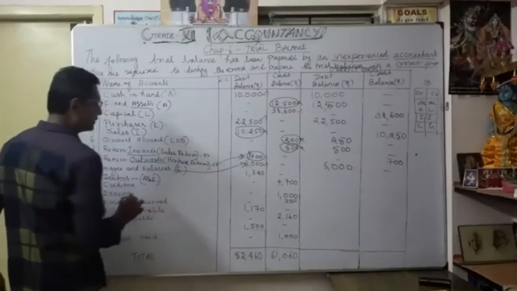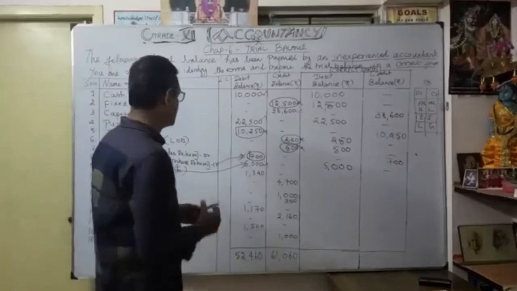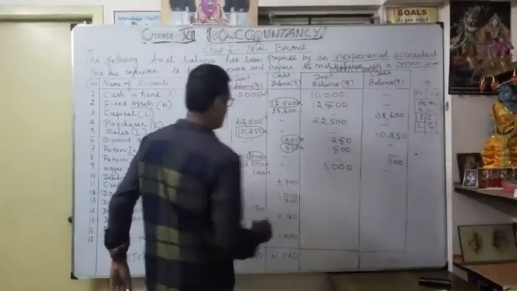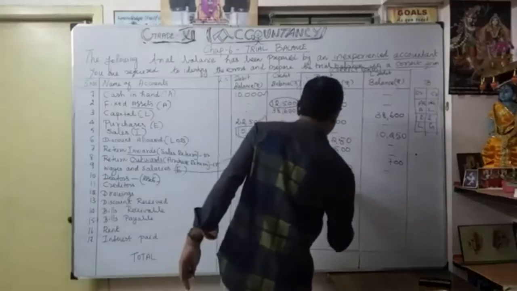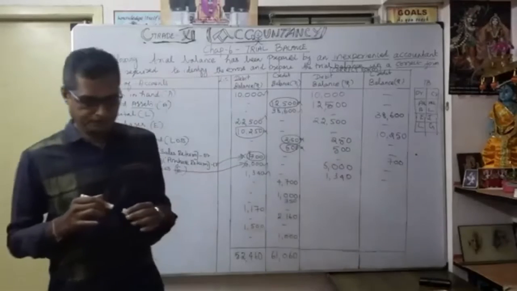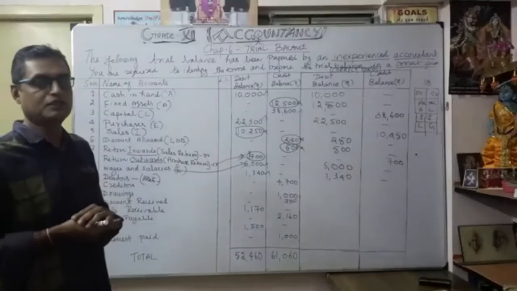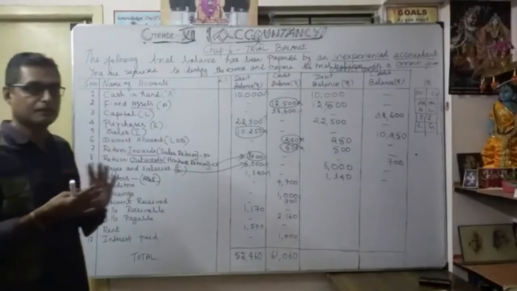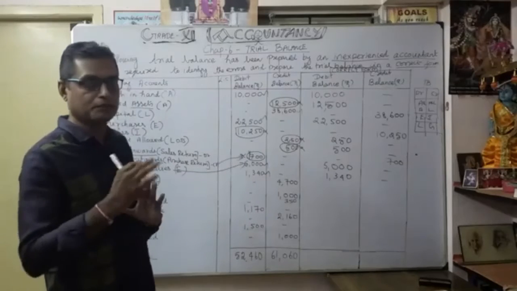Debtors are always a debit balance. So as a debit balance, they have recorded it correctly, yes. That is correct. So 1,340. I recorded it correctly. Yes, exactly. Debtors they already recorded as a debit balance only. So debtors is always a debit balance only because it comes under assets, owed to the company. Okay.